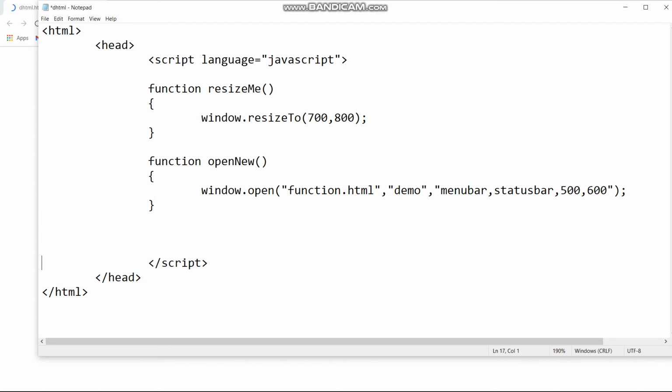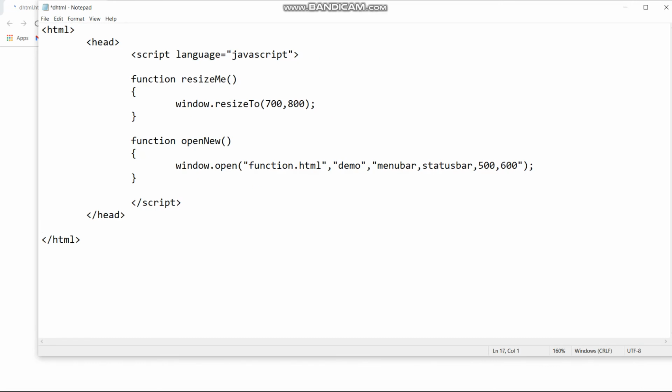So how will this happen? We have to make two new buttons. So we will write a body section. Inside it we will have a paragraph tag, and then we will create a new button and attribute onclick equals resizeMe for the first function, and inside it I will write the name of the button, resize the window,